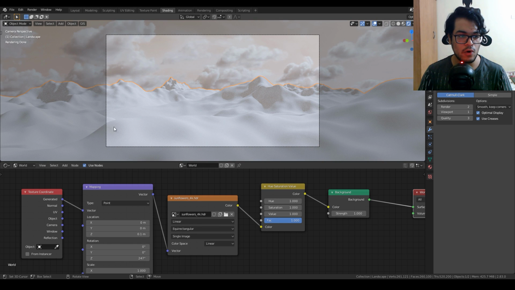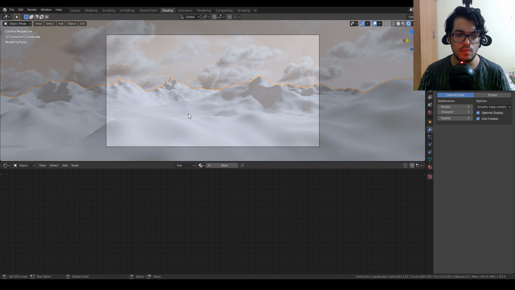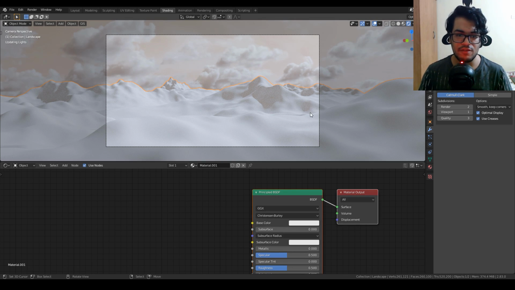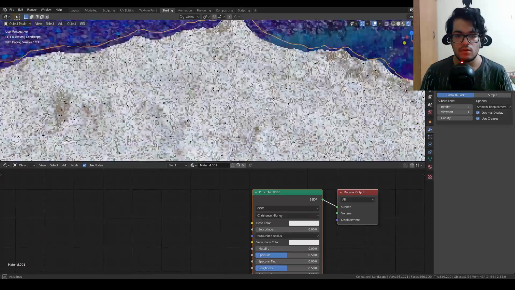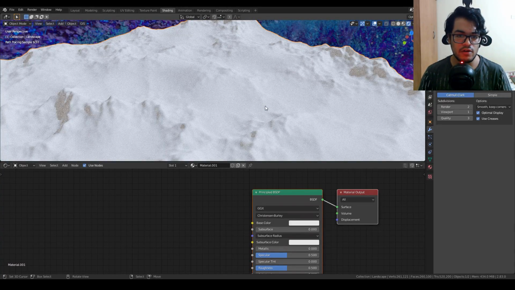So I'm going to go into my object nodes and add a new material to our terrain. So we have created a terrain material and as you can see, by default nothing's there. We are going to use some PBR textures in this tutorial. So in order to apply our textures correctly to our terrain, we need to map our textures. So we need to unwrap this mesh.